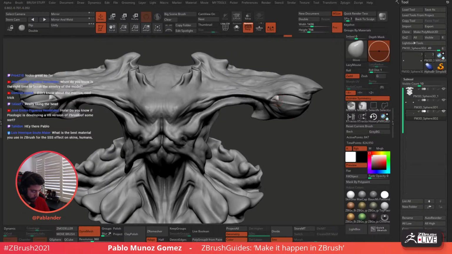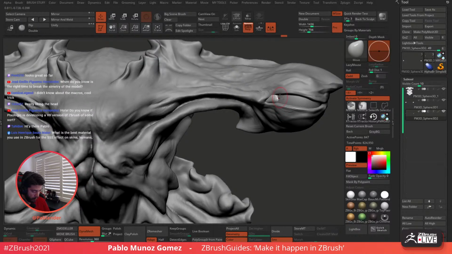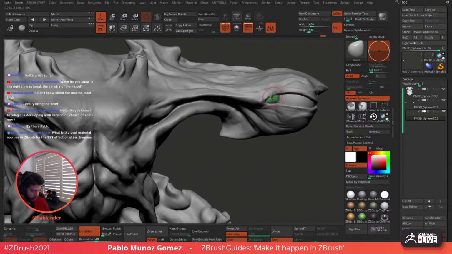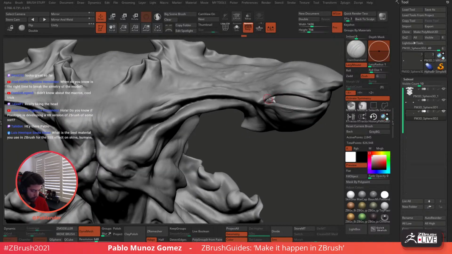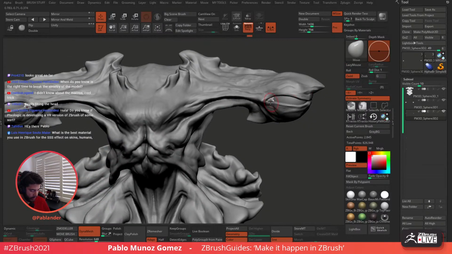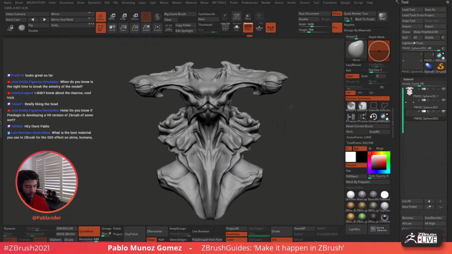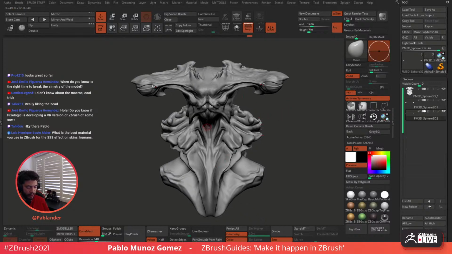Dynamesh again. Might have to increase the resolution a bit more. There we go. Okay, that's it. Now, to use again some of the new brushes as well, just to show you something else,